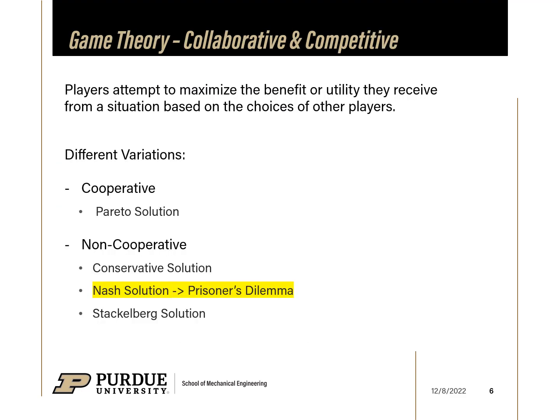This idea of competitive advantage directly correlates to the idea of game theory and the implementation of collaborative and competitive teams. Game theory is when players attempt to maximize the benefit or utility they receive from a situation based on the choices of other players. Competitive advantage is very similar in the sense that it's teams trying to figure out what they bring to the table in order to maximize their benefit or, for example, money that they receive from a sponsor or notoriety that they might receive as well based on the environment that they are currently in.